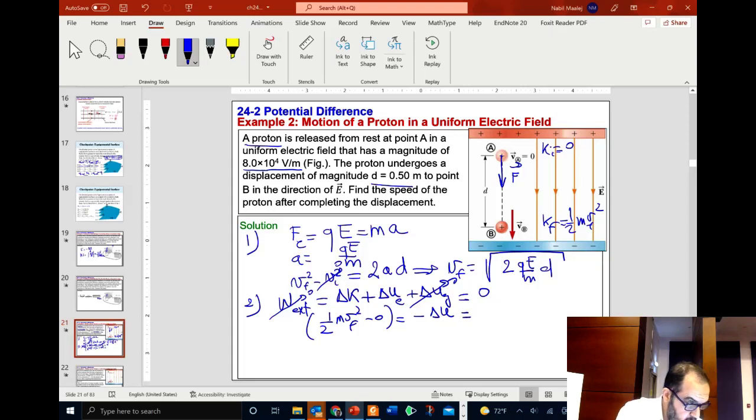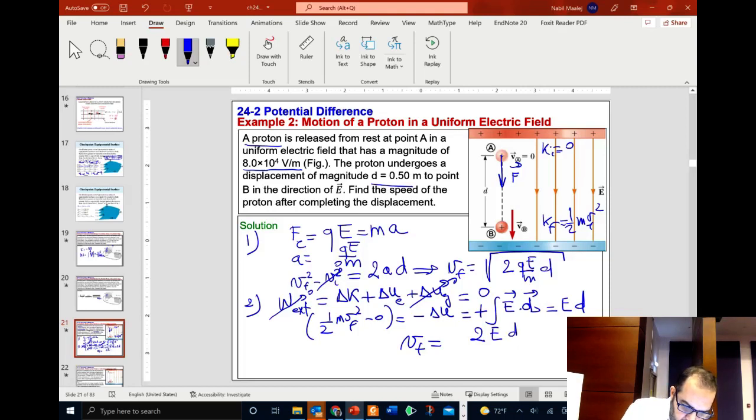We said delta U is minus the integral of E dot ds, but we already have a minus, so minus times minus gives us a plus. And since the electric field is constant, this simplifies to just E times the displacement d. So we can write V final is equal to E d